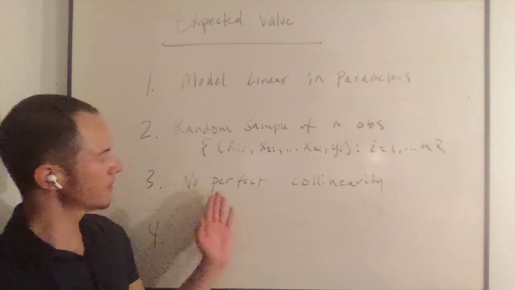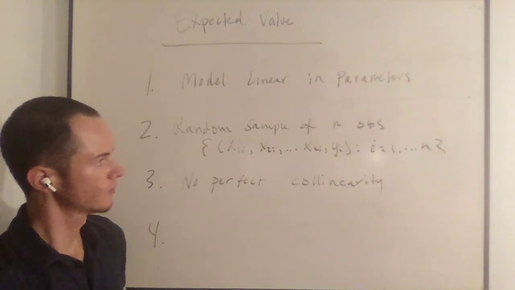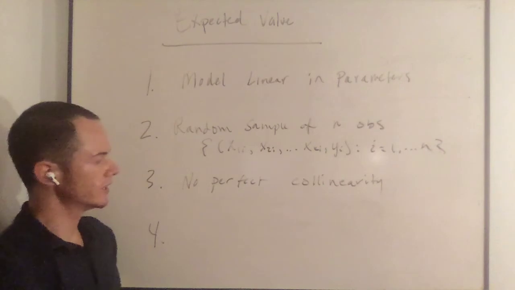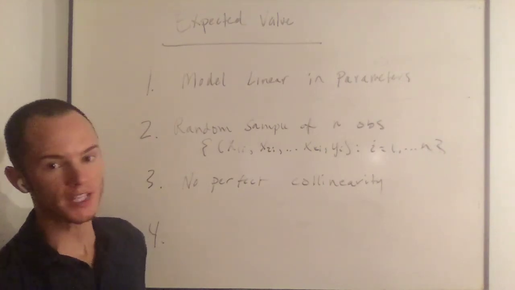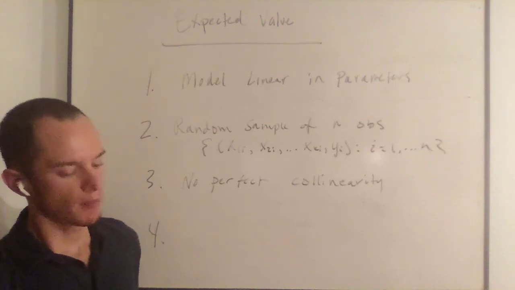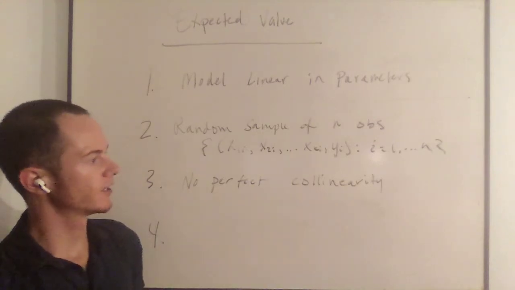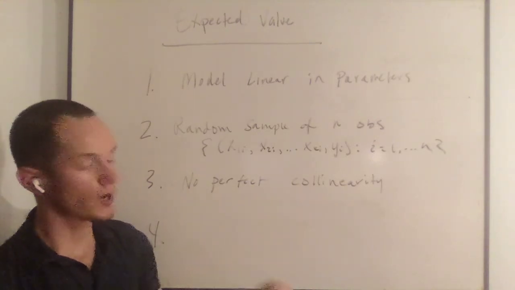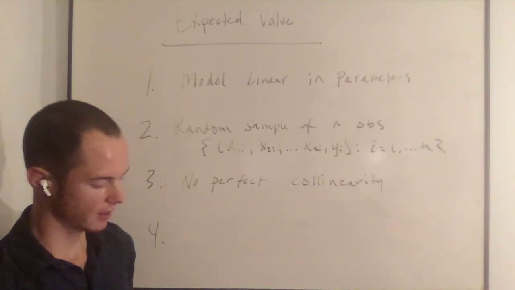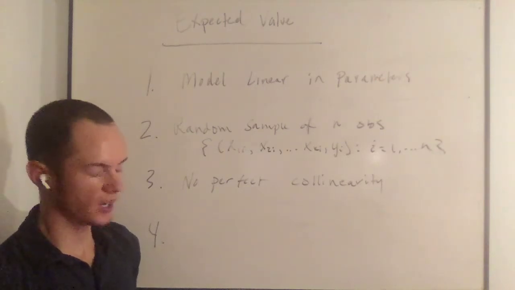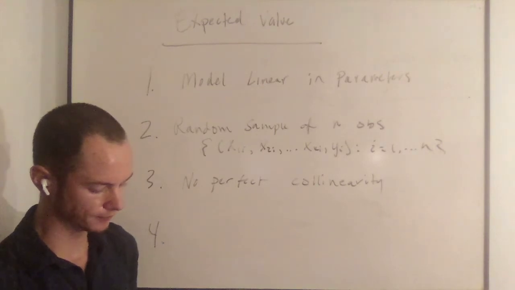Now, perfect collinearity typically happens because of an error, such as including one variable in thousands of dollars and one variable in millions of dollars. But this is an assumption that is easy to satisfy by dropping the variable that is perfectly linearly correlated with